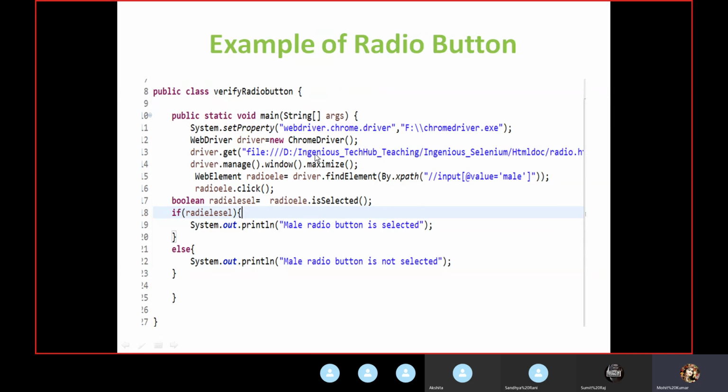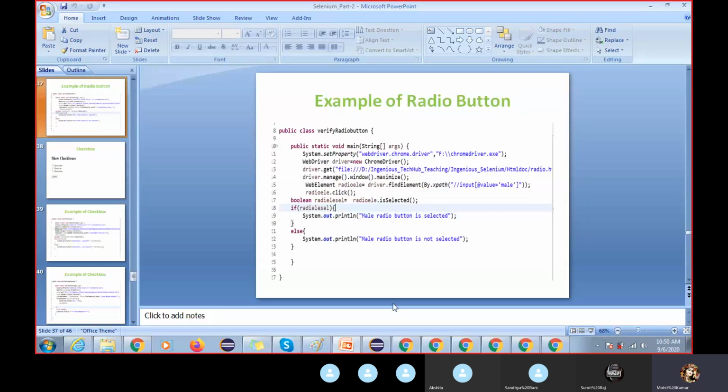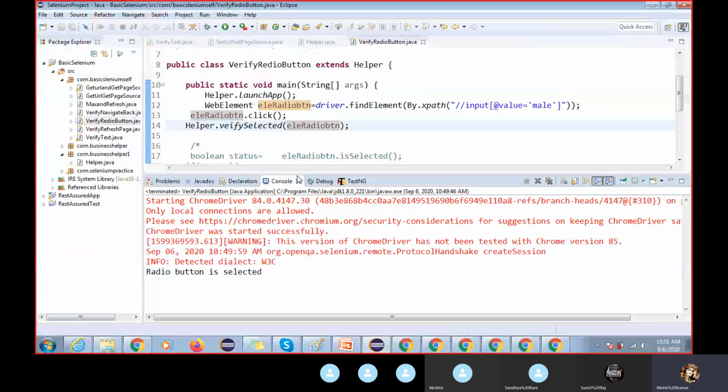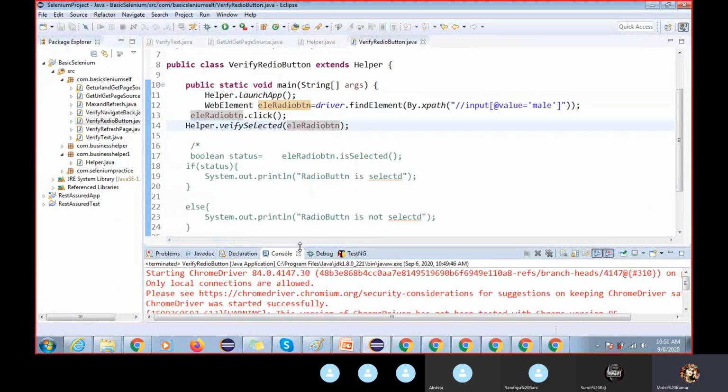We are not writing repeated code again and again, because now we are just automating 2 or 3 steps, but you may have to automate 20 or 30 steps. Can we write such lengthy code there? No, we cannot write this repeated code. Simply we can call the method and use it. This is how we can do it.